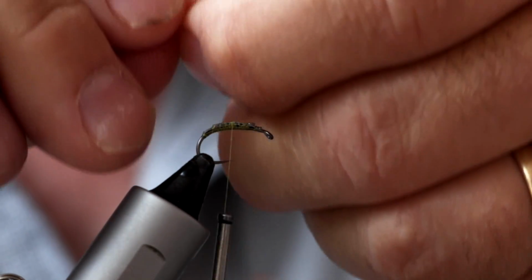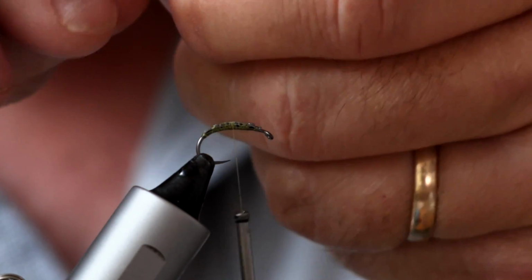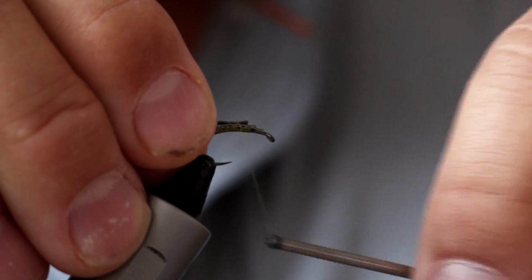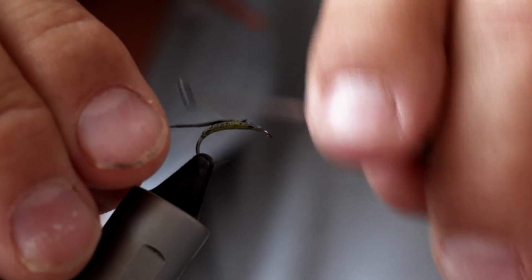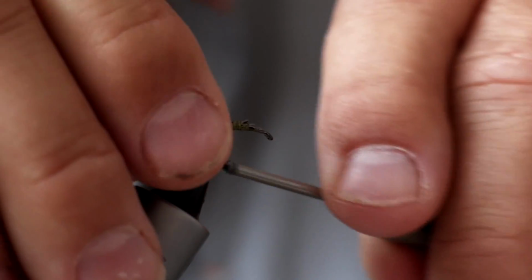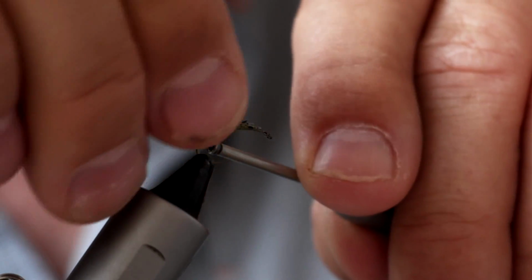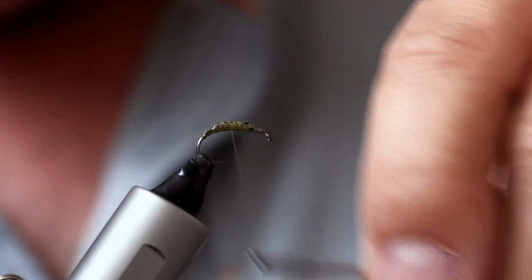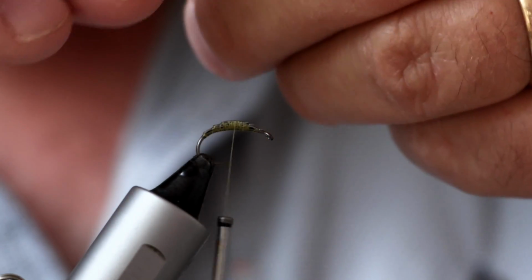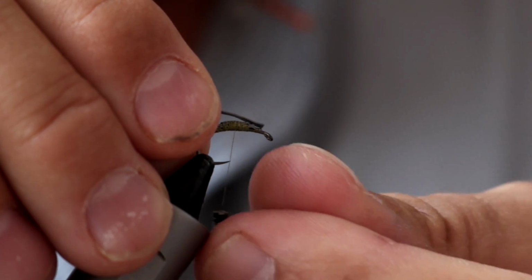I normally do the same number of bits of lead on each of these flies, just to keep a level of consistency. Again, next one going in, so that's going to be a shorter length again. So the first one goes all the way along the hook, the second slightly shorter, and this one the shortest of all. Again, just short of that second bit, you can probably just see the second piece of lead protruding from underneath. Stress it off, and then just to keep everything neat and tidy, I'm going to put one more piece of lead right over the top, over the whole length, just short of the eye,